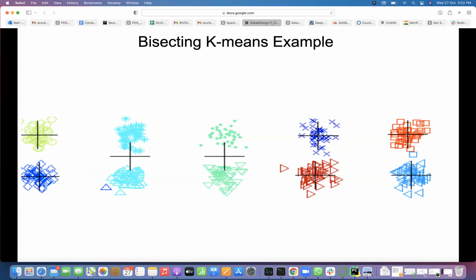Initially, there was only 1 cluster, remember. If you see the left side, they are not contributing much SSE. But after forming 7 clusters, these points are contributing more SSE. That's why you separated them. Then you got the 8th cluster here, the 9th cluster like that. Finally, you got 10 clusters.